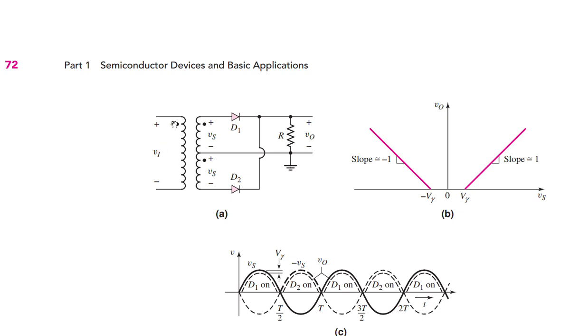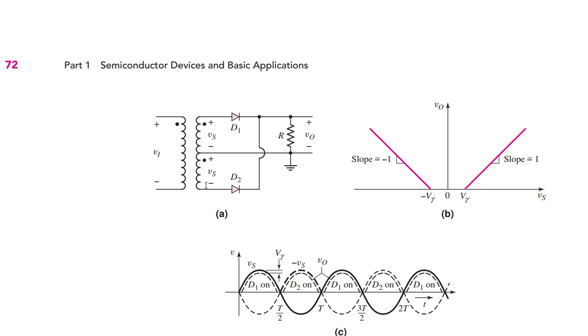When the input cycle is positive, the first winding of the secondary side has a positive voltage on the upper side. The bottom, or the center tap, is connected to ground, whereas the other side is at a negative voltage. So if the input voltage is, let's say, 5 volts, it gets transformed into the secondary winding with, let's say, 10 volts here, then at that time minus 10 volts will appear here. If the voltage increases to, let's say, 12 volts sinusoidal, then the voltage over here will be minus 12 volts,